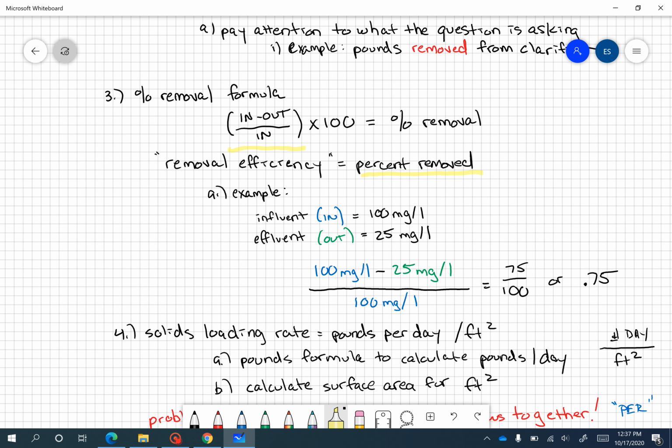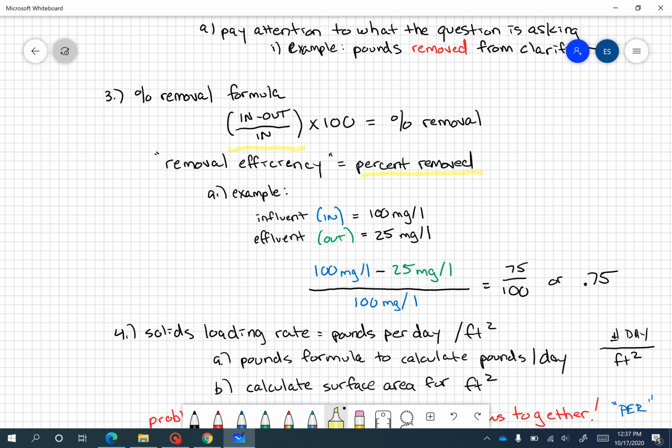And then I wrote up a pretty simple example. I tried to use 100 and 25 so that you could kind of visualize this without having to actually do the math. Obviously, if you start with a 100 and you have 25 left over, that means you removed 75